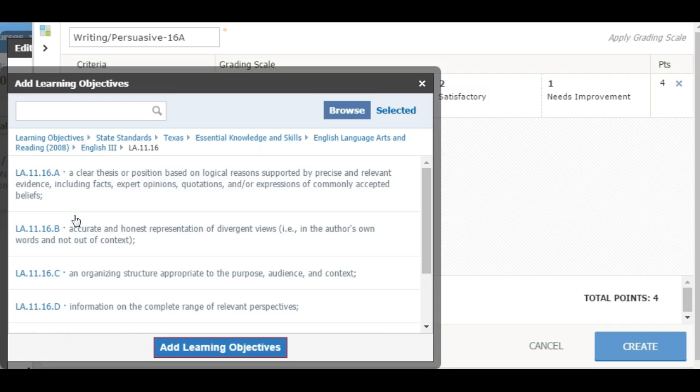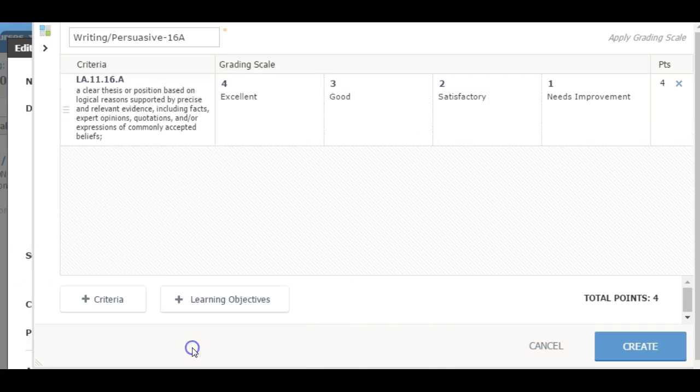Once I click on 16, it allows me to choose the specific SE. Once I click Add Learning Objectives, the information appears here. Now, this is good information in terms of reminding the students what they need. However, it's not the most specific guide as to what excellent entails, what students need in order to be good, and so on. So, what Schoology has allowed us to do is to be able to type information to specify